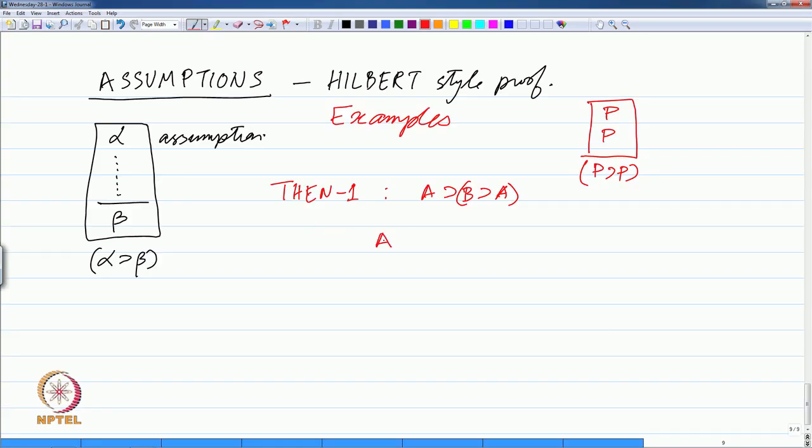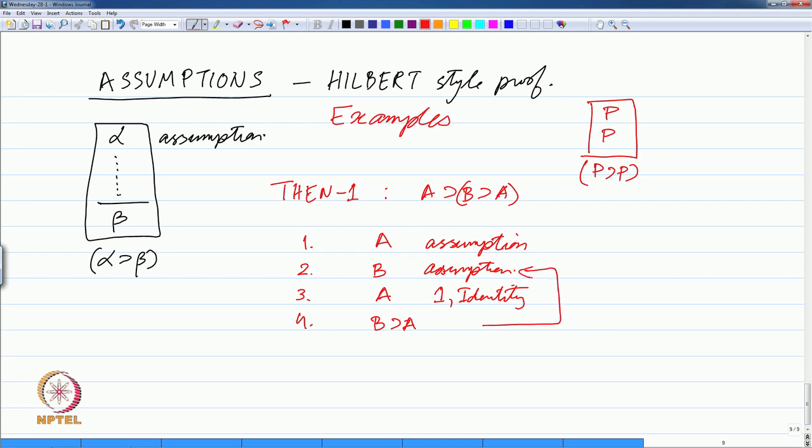You make an assumption A, then, let me write this in a linear fashion, you make an assumption B. So first statement is an assumption, second statement is an assumption, third statement is from 1. So, I will just write from 1 an identity, you are allowed to reproduce it again. Then the fourth statement is B implies A, in the sense that you had made an assumption B and then